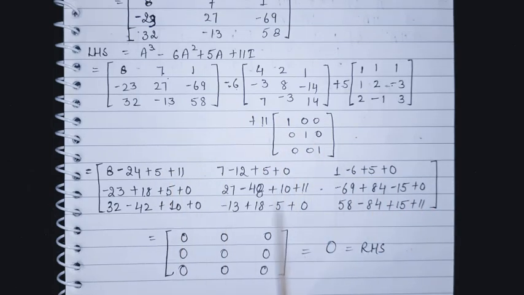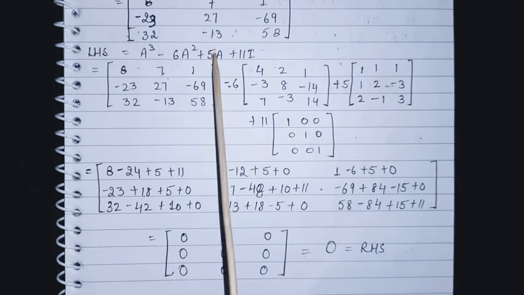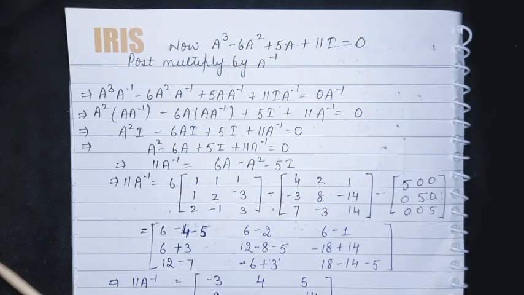So now this is our matrix which we are getting after doing these 4 operations. Now let's see what we will get. Here we are getting 11 plus 5 will give us 16, and 16 plus 8 will give us 24, and plus 24 and minus 24 is 0. So when you solve all these 9 elements, you will get 0 everywhere. A matrix whose every element is 0 is nothing but a 0 matrix, and this 0 matrix is nothing but the right hand side of our given matrix equation. So hence we have proved this result, we have proved this matrix equation.